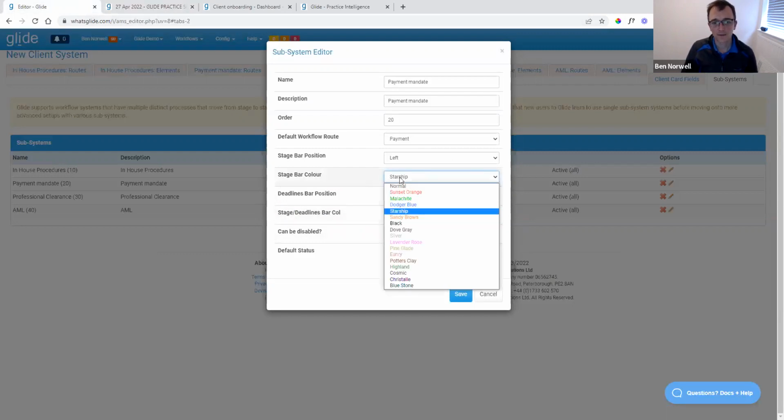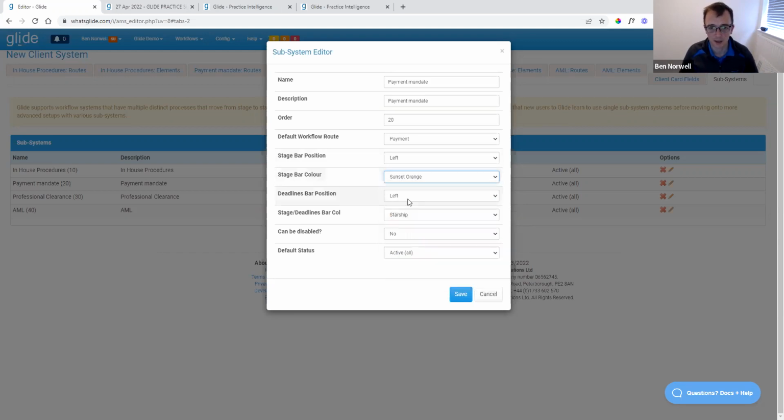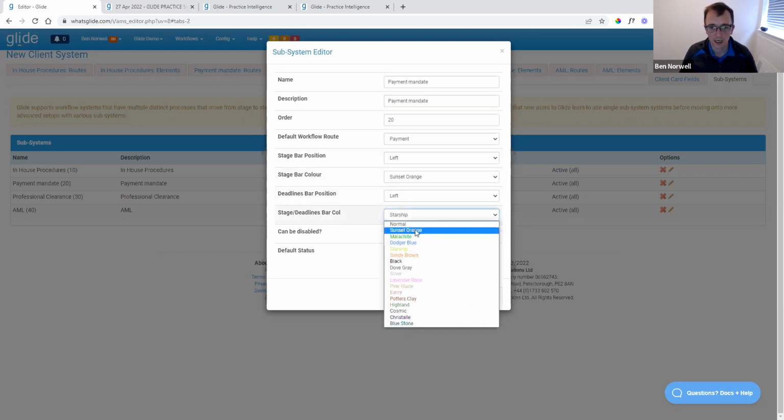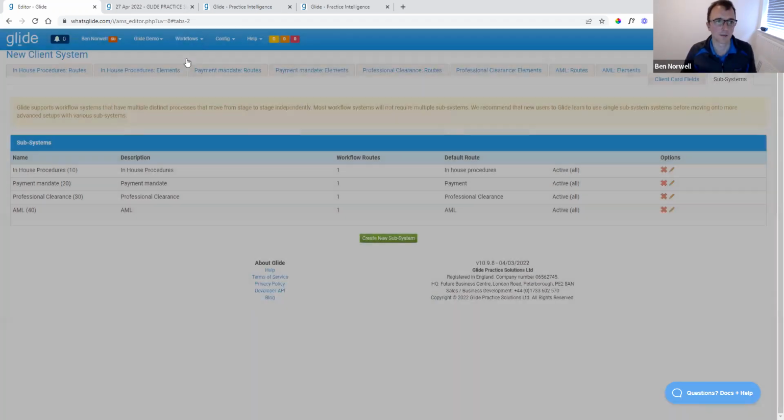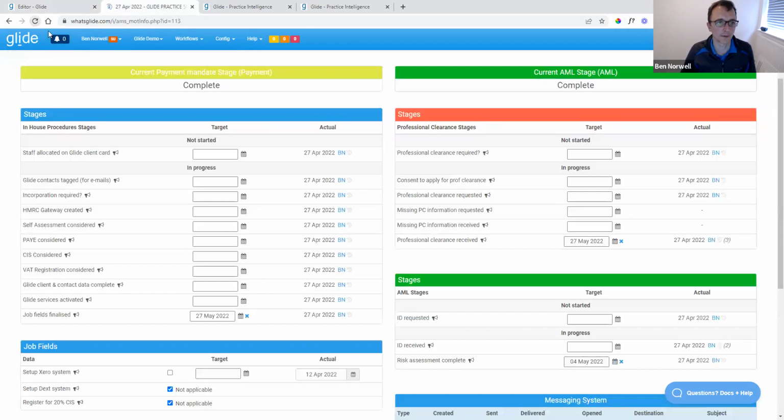And it's a finite list of choices, to be fair. In some of our more modern color-based functionality, it's a palette. This one, you've just got to pick a color. But of course, we can even see from this list that Starship's a bit tricky to read there. So you could go sunset orange, and perhaps do the same down here. I think it's good to have them both set the same, so it's just one color per subsystem. That will hopefully, if I hit refresh here,